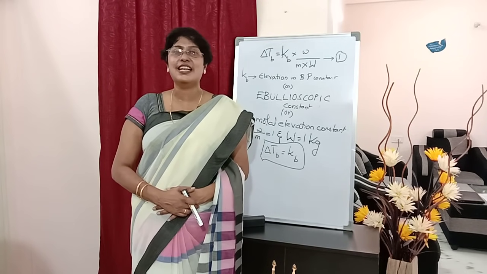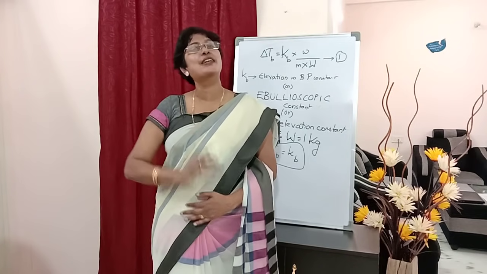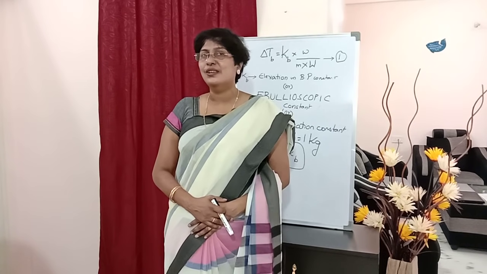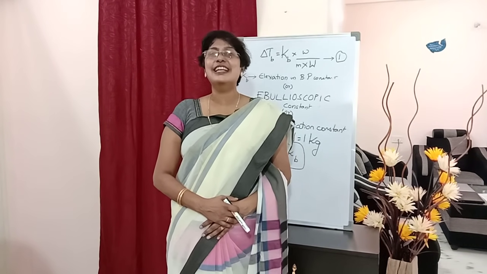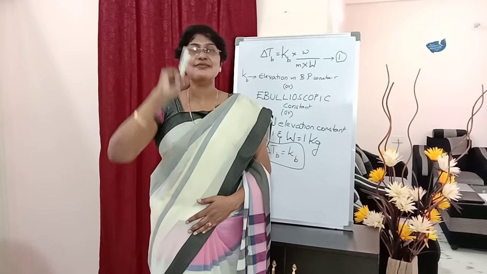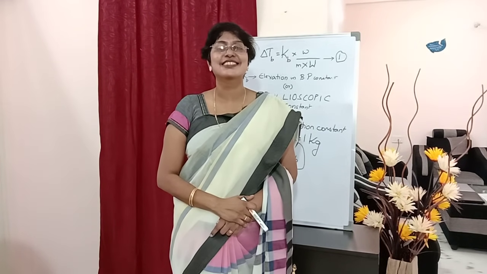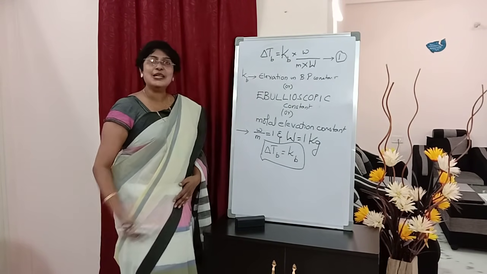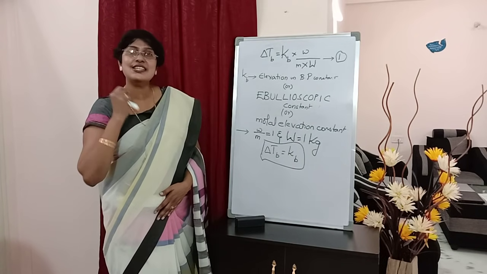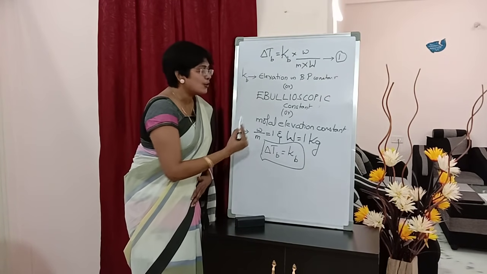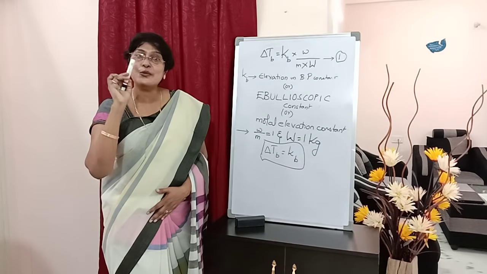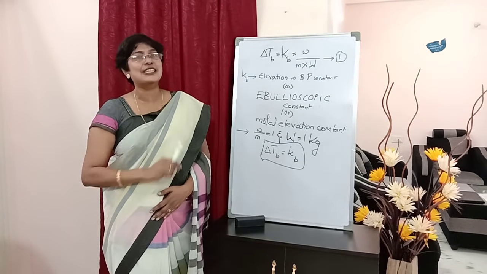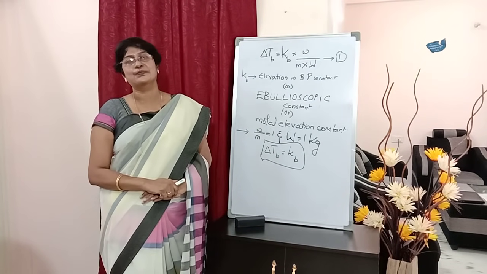How many of you have written like this, students? Just raise your hands and post it in the comment section. KB is defined as elevation in boiling point. How many of you uttered these words? Kindly raise your hands in the comment section. Very good. But when did it become equal to delta TB, students? There is a condition. When W by M is equal to 1 and capital W is equal to 1 kg, then only these two are equal. If you write simply KB is elevation in boiling point, I will give 0.